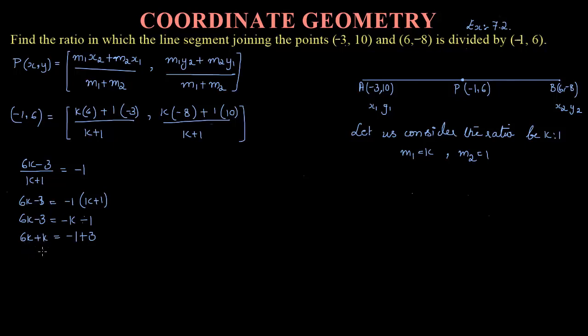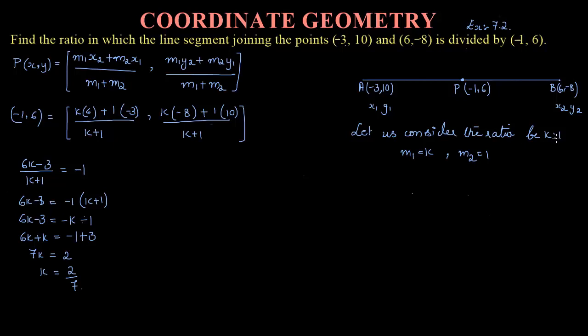6k into 6k plus 1k. It is nothing but 7k, right? So 7k, and here 1 is negative, 1 is positive. So you need to subtract and write the bigger number's sign. So what will you have then? You will have plus 2. Then k will be equal to 2 by 7. Right? So you got the value of k.